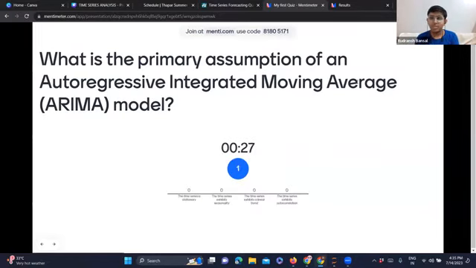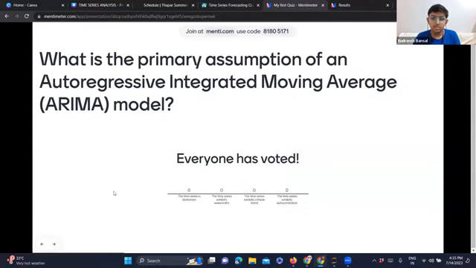I should have decreased the timing a little bit. No worries. Voted. Let's see.